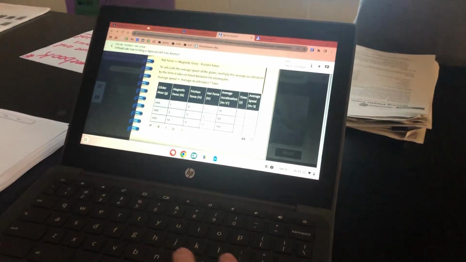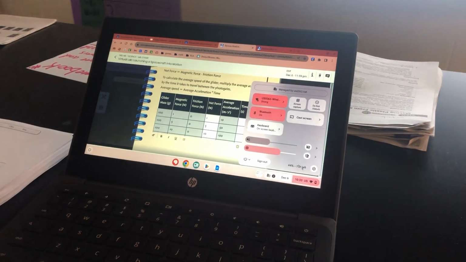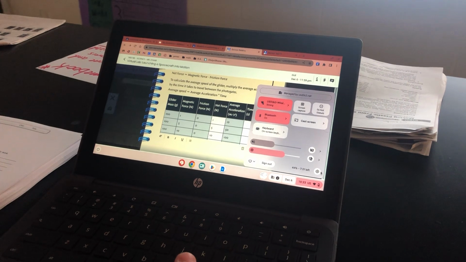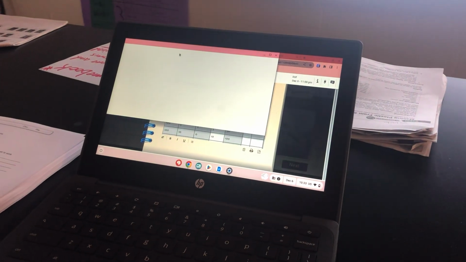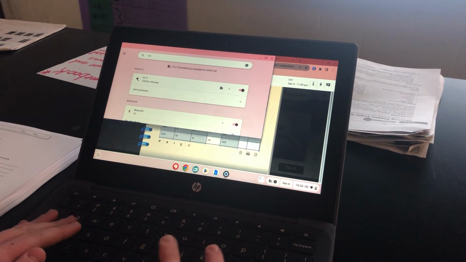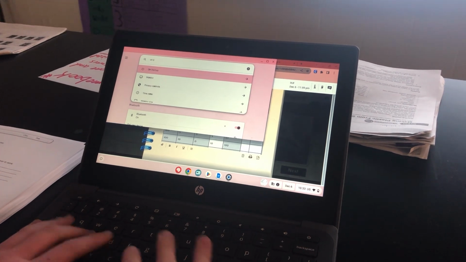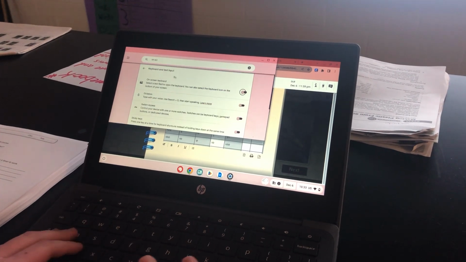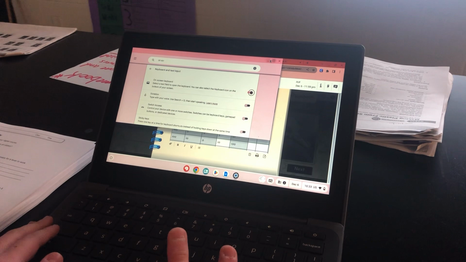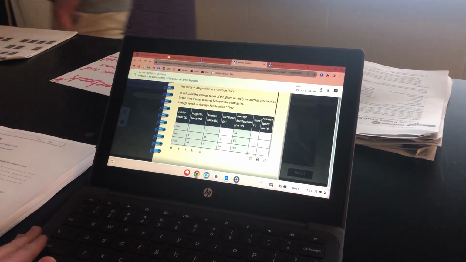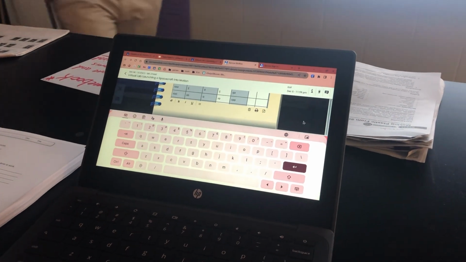And then the other way to access the on-screen keyboard, if you've got a different version, for me, is you have to go down here, go to your settings, search on-screen keyboard, then you're going to have to turn it on up here, close out, and click it down here at the bottom. All right, and then